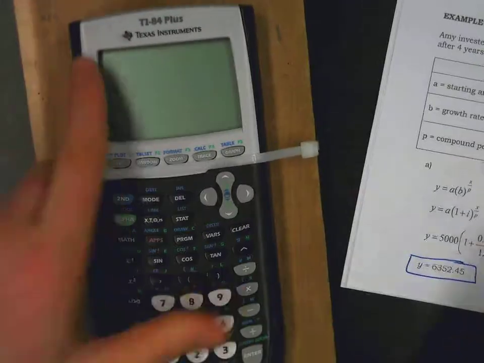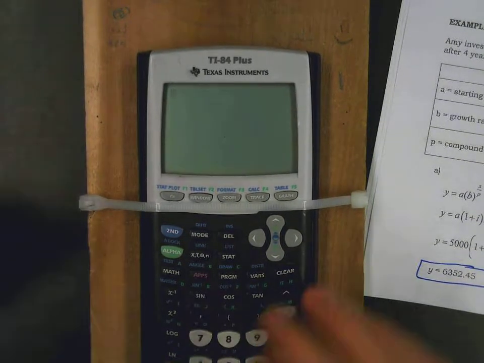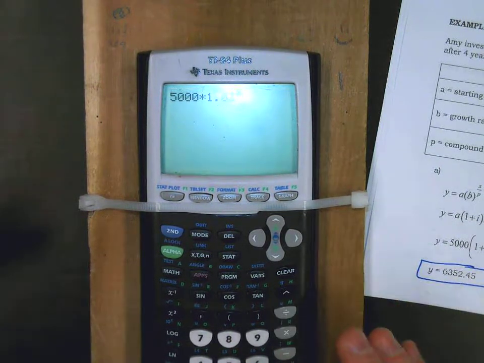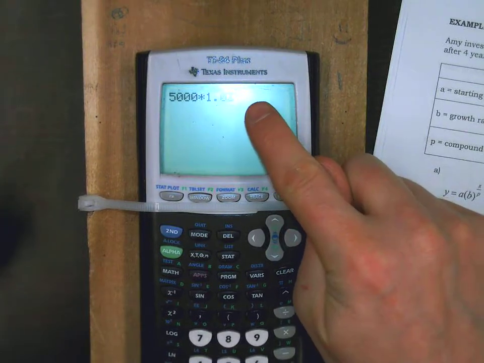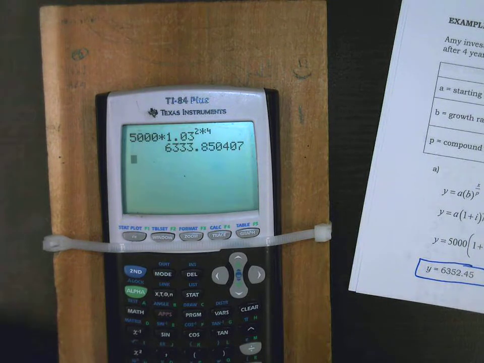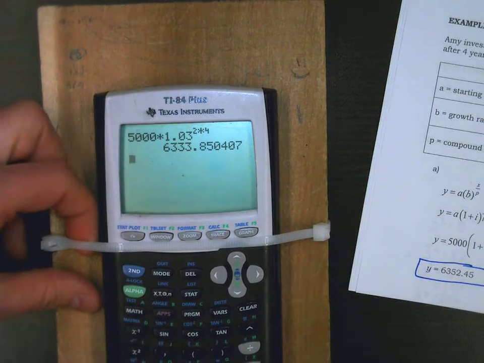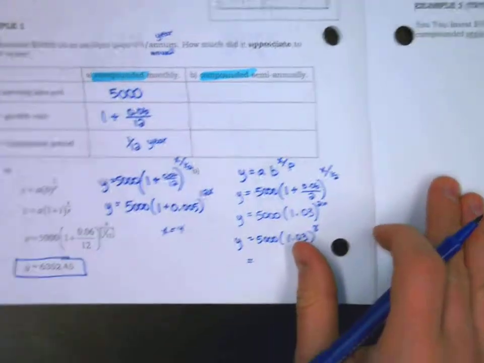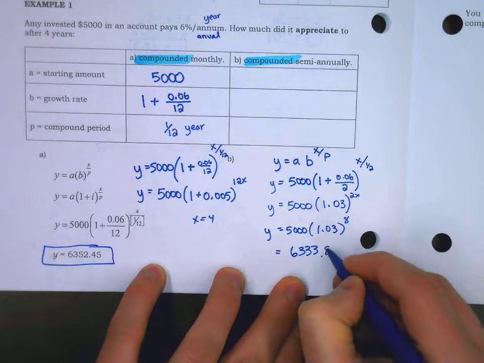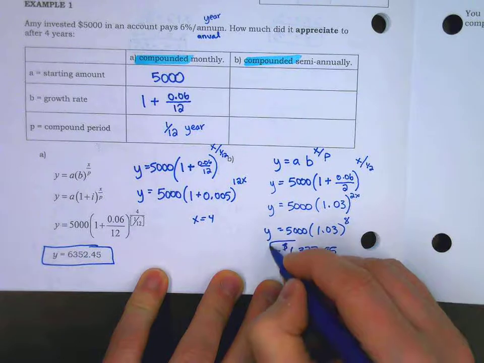So just to make sure in your calculator you've got this punched in correctly, we are saying 5,000 times 1.03 to the power of, again, if you're not dealing with this power operating system, you can say 2 times 4 years, and what comes out is 6333.85. And so as you compare 6333.85,